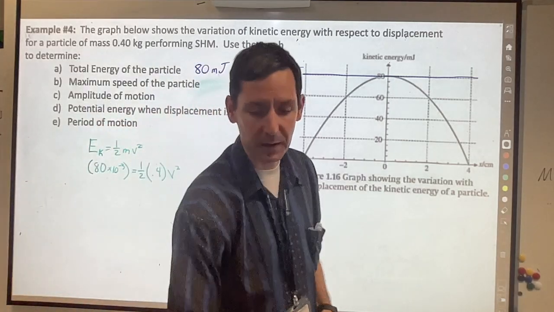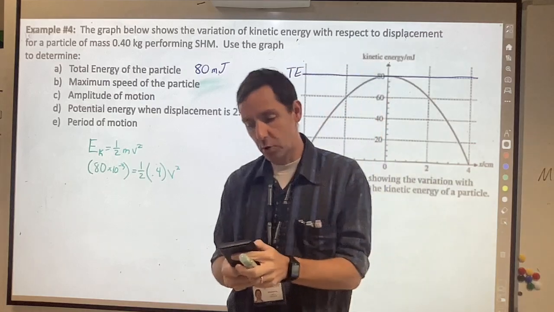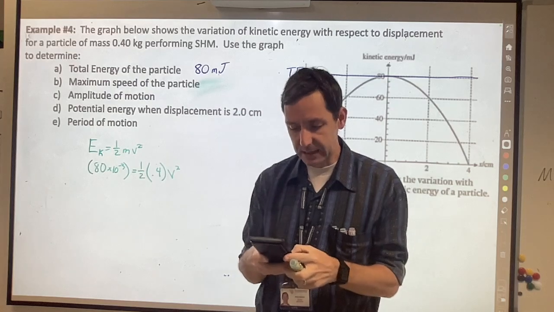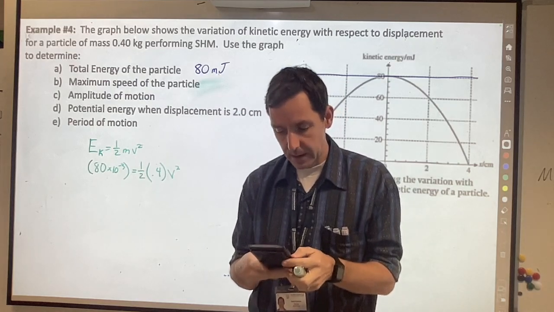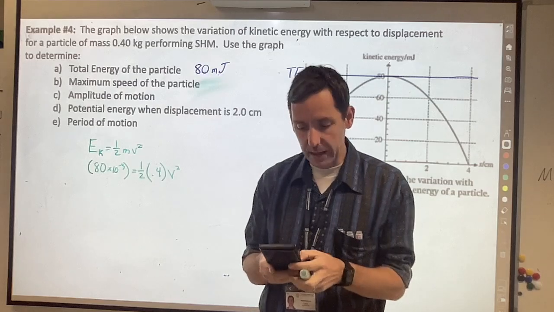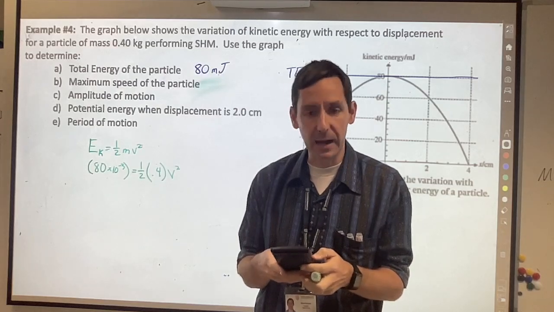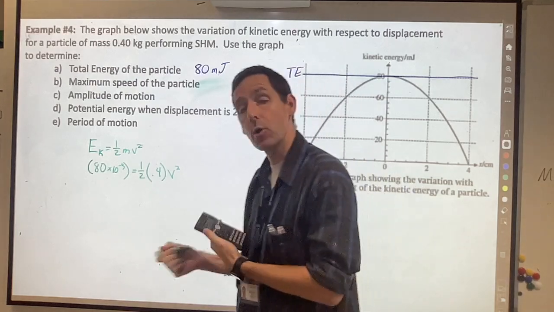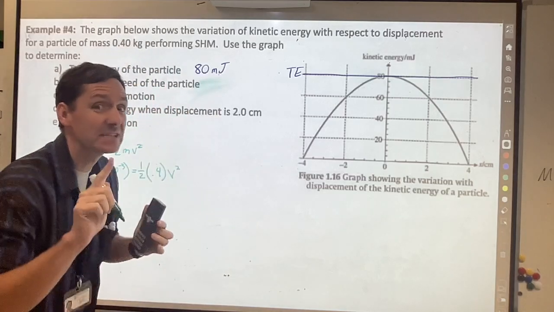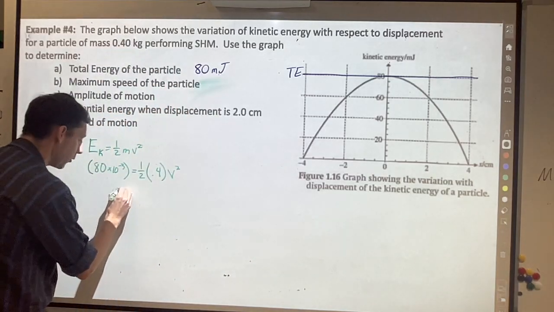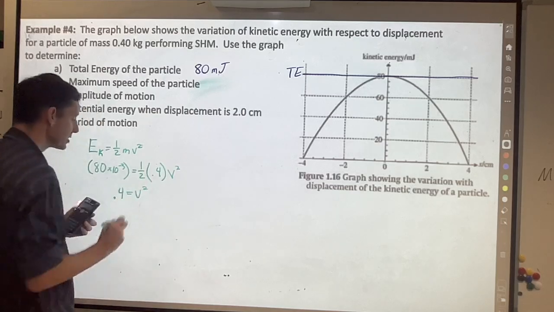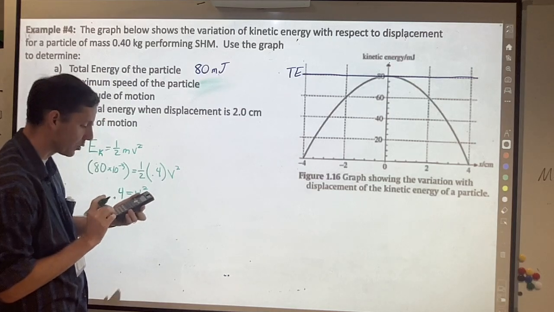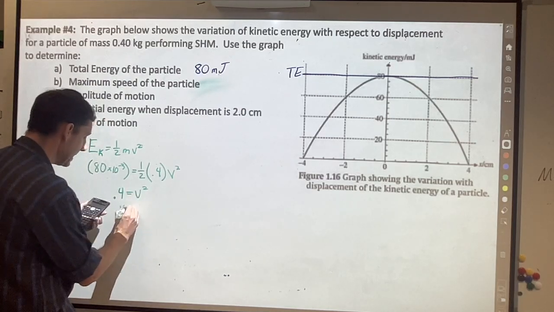I can put that into my calculator, whether I have a nice fancy one or just a scientific one. I'll take 80 times 10 to the negative third, divide that by 1/2, and then divide it by 0.4, and I get 0.4. That 0.4 is equal to v squared. So now I'm going to square root both sides, and when I square root the 0.4, I get that v is equal to